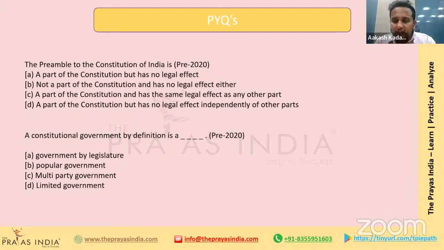For example, in India's case, the government is the parliament, and the parliament of India cannot make any law which will take away the fundamental rights of the citizens in the normal scenario. Which means the parliament or the government, which is a constitutional government, is a limited government. It cannot arbitrarily take away the rights of the people. So again, what I had emphasized was that we need to understand and interpret the Constitution. The moment we start doing so, the answers become very easy. So this was with regards to prelims.